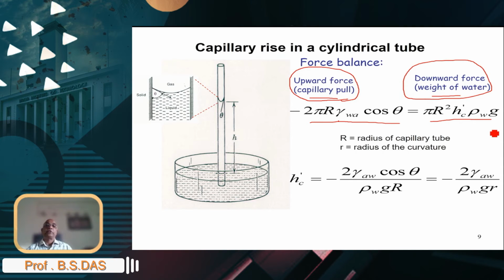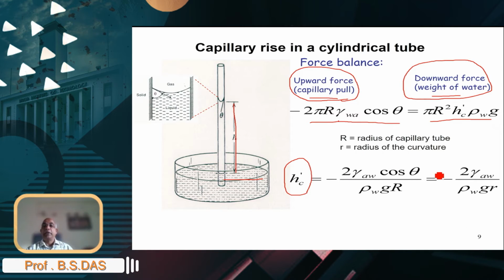You can rearrange this equation and derive the relationship for the height of the water above the free water surface. Here is the free water surface. From above this free water surface to the meniscus of the water inside the capillary tube is related to